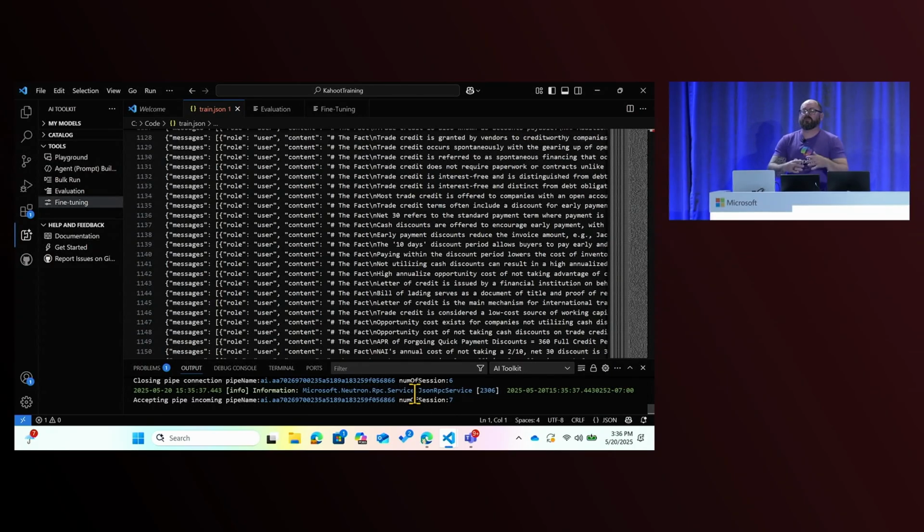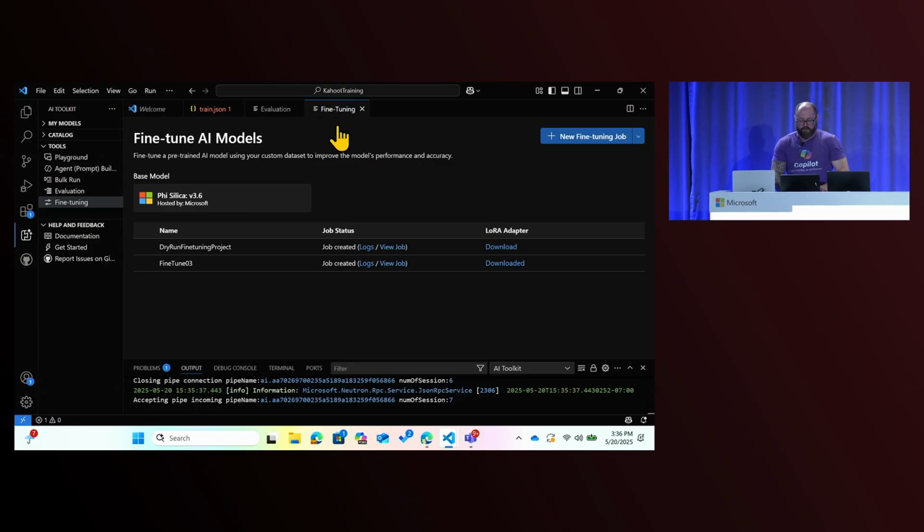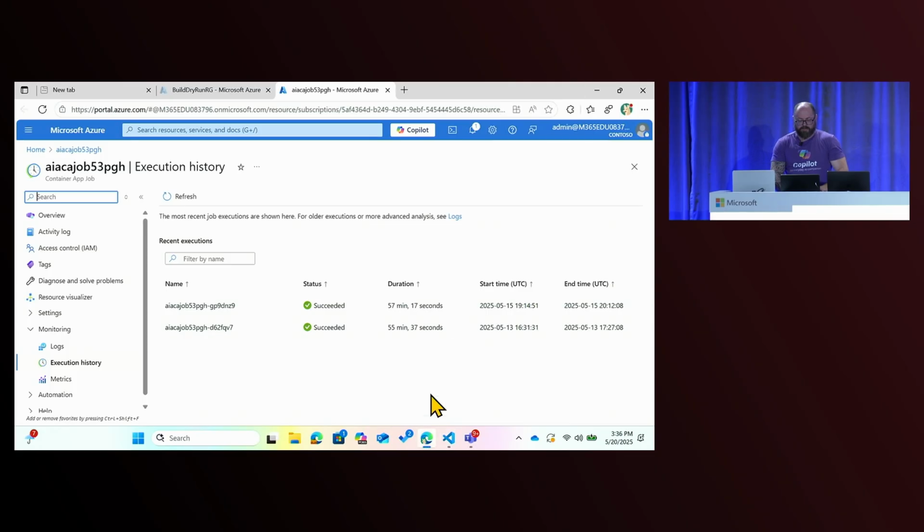And you see now that we are starting to do the provisioning of the job. Now, the provisioning will take about 20 minutes. The run itself for the fine-tuning, a little bit under an hour, depending on how large your data set is. Luckily, we're going to do some demo magic. We've already, of course, done this for you. So you see here, we have these 2 jobs already run. If I click here on the view job, it will open my Azure environments. And you see here, those 2 jobs are available, 55 minutes and 57 minutes, specifically to do the tuning itself.